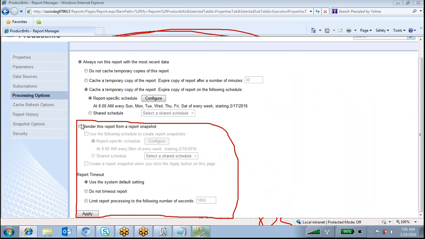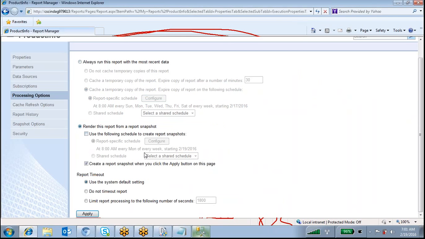Daily at a particular time, automatically it will execute the report. For example, daily 8 a.m. that report will execute automatically and keep into some place. Whenever the user wants to come and see the same report, it is coming from that particular place, not from the report server.